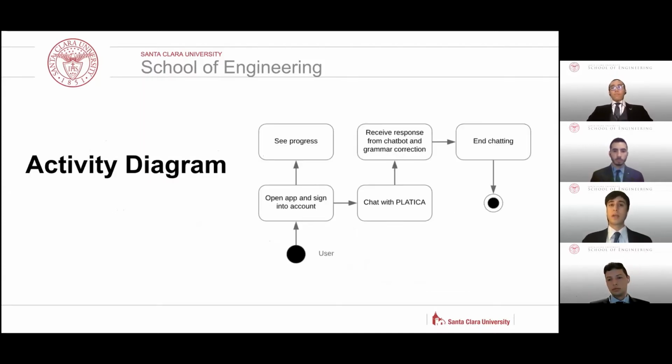This activity diagram gives a brief overview of the actions the user may perform within our app. Once the user signs in, they will have the choice to either chat with PLATICA or view their progress. If they choose the latter, they will be able to see both visual and numerical representations of their progress. If they choose to chat with PLATICA, they will be able to send messages and receive responses through a chatting